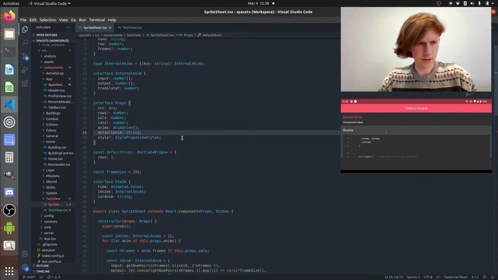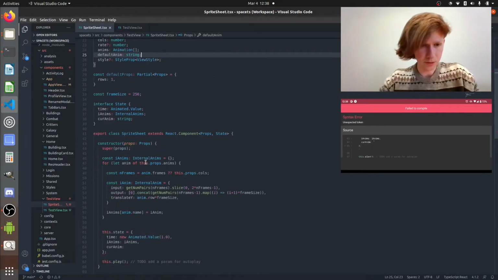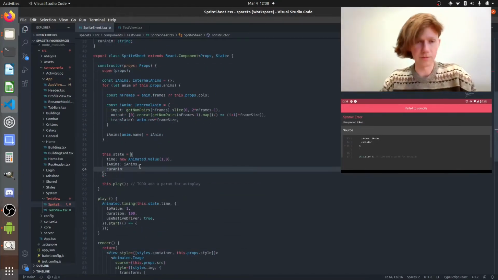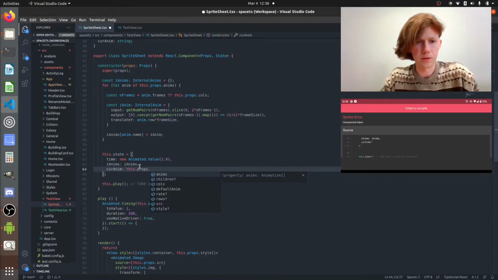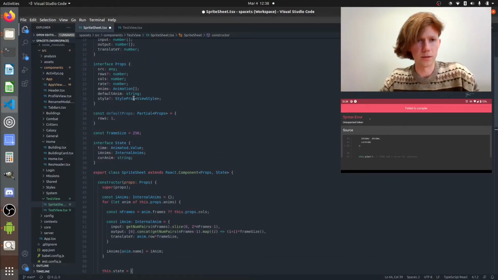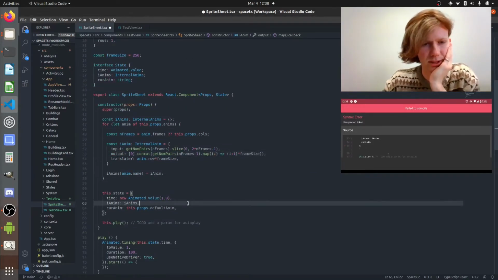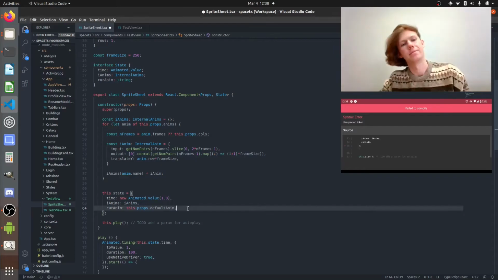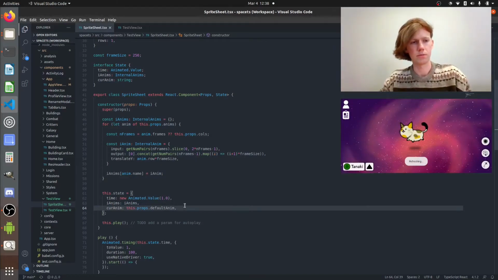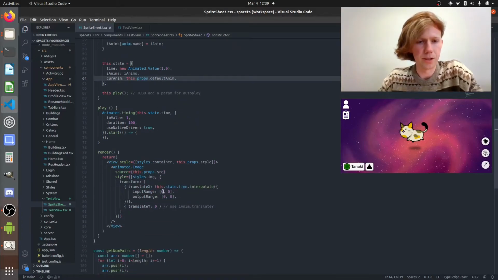I just saved it and it has broken. What have I done? Unexpected token. Didn't finish my line. So the current animation equals this dot props dot default anim, which is required. We'll just make it required. I'm nitpicking. It's not a biggie. Alright, so we got that stored. Alright, press save. Nothing's happening at this point because we haven't put in our input ranges and actually used this